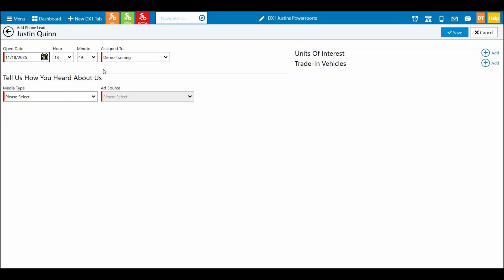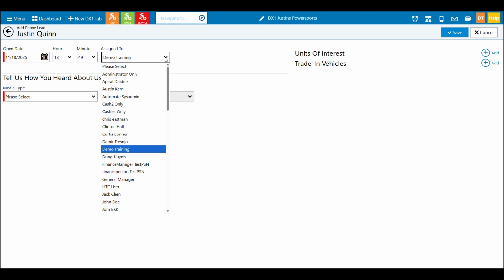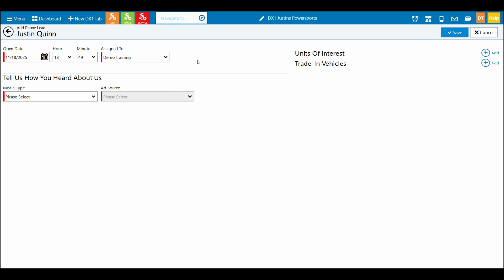And now we're going to enter in details about the lead. This information will be default for most cases. You won't have to touch that other than the assigned to. This is how you can say who this lead is going to go to. If I'm adding in the lead myself, there's a good chance I'm going to put myself as the person it's assigned to. A media type: how did you hear about us? Oh, I saw you out on the Highway 52 billboard and it made me think of you all.